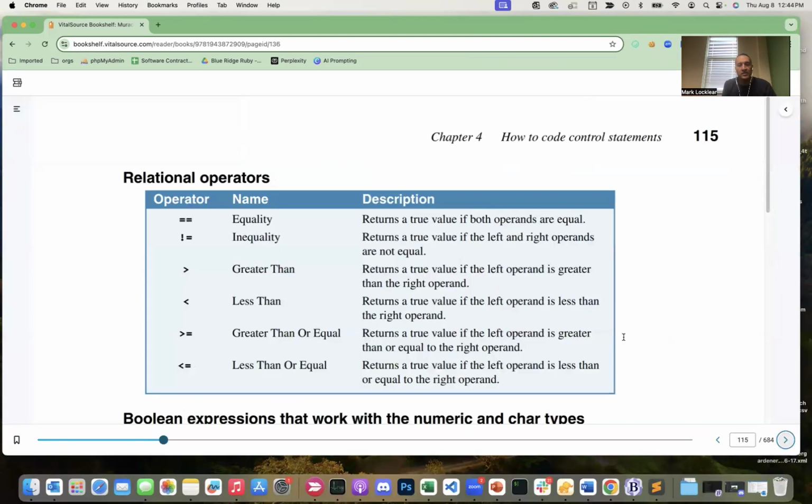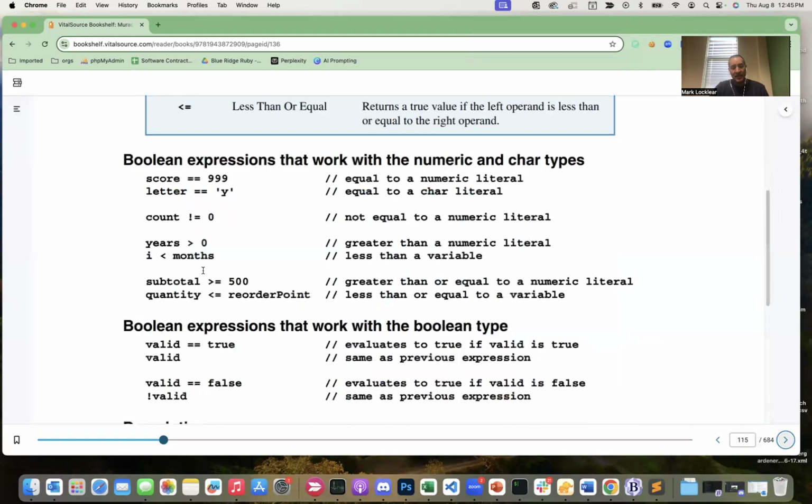Boolean expressions. These are very standard across all programming languages. I mean, they don't 100% translate, but for the most part, a lot of these equality operators, certainly the greater than and less than, you've probably seen those before at this point. Greater than or equal to, less than or equal to. Again, those are all fairly straightforward. And these can get pretty sophisticated. Just looking at some of the code examples here, I'm going to say this about the other things we look